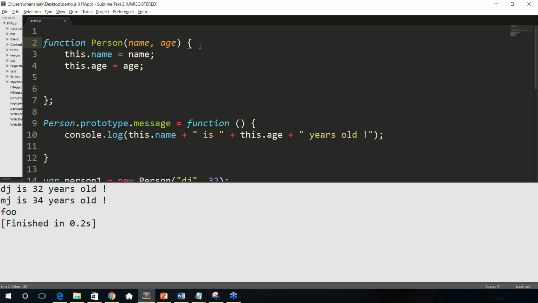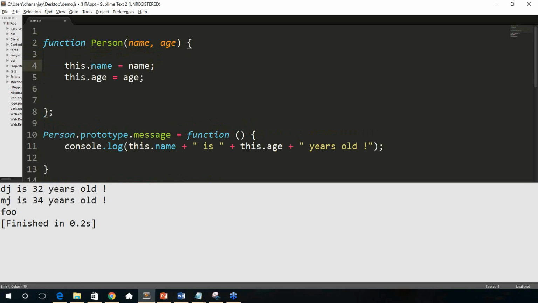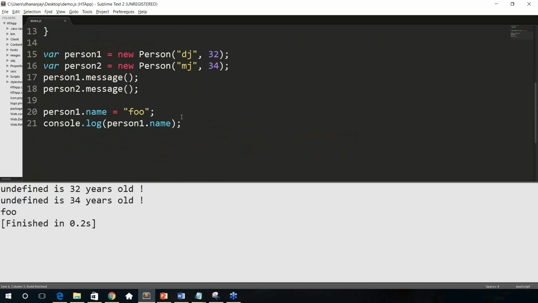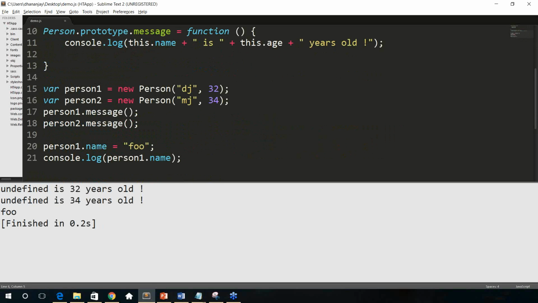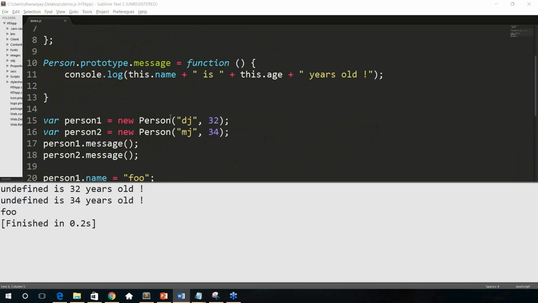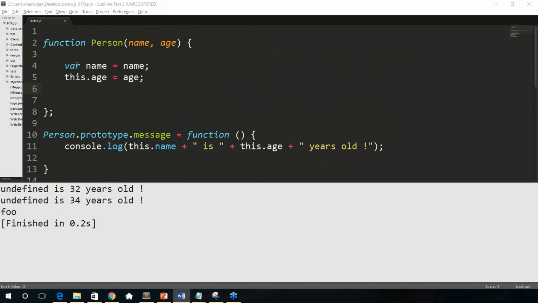In case of a function, you can create private variables in two possible ways. One, you can just say, hey, var name equal to name. Okay, so now when you say, hey, var foo equal to name, it will create that particular property as a private property. The other way to do that, which is actually what you should be doing,